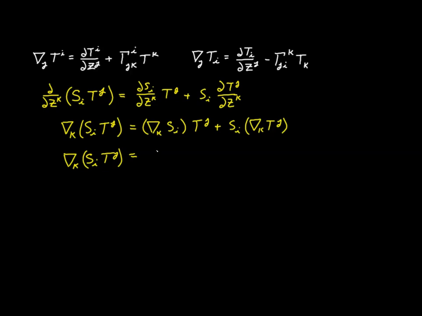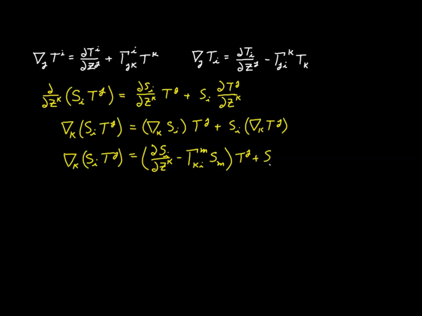So here we're going to have the partial derivative of S_i with respect to z^k minus the Christoffel symbol of, let's see, we're going to have ki here, and then we're going to form a contraction with S, I guess we'll use the letter m here. So this expression is the covariant derivative of S_i. Then we'll multiply that by T^j